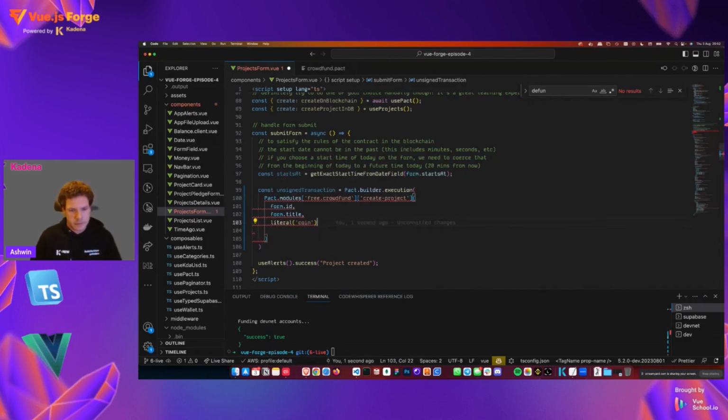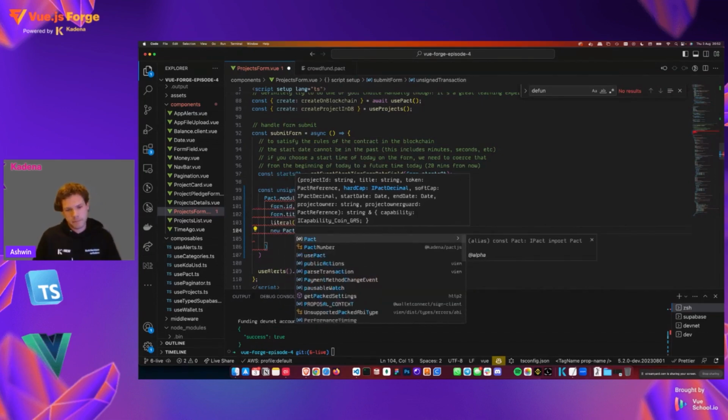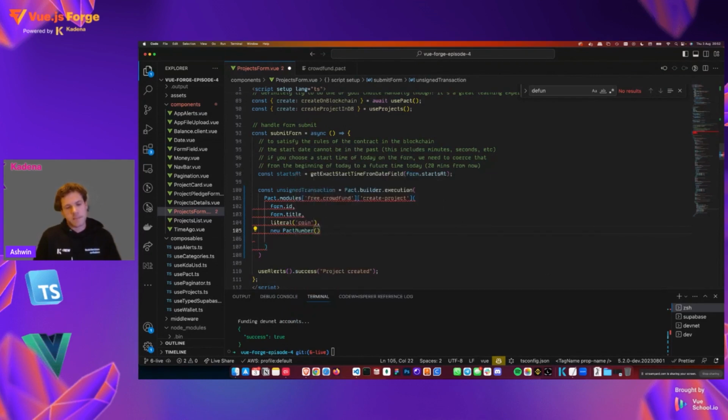Where was I? Oh, next value is the hard cap. So with JavaScript, you always have the issue when you're dealing with numbers that it rounds them, and when you're adding them together, stuff gets weird. Like you get 0.30000001. So that's why we need to pass in a Pact decimal. We can create one quite easily by doing a new PactNumber, and that expects a string. We do have the hard cap on the form object. So we get that out of there. And then,